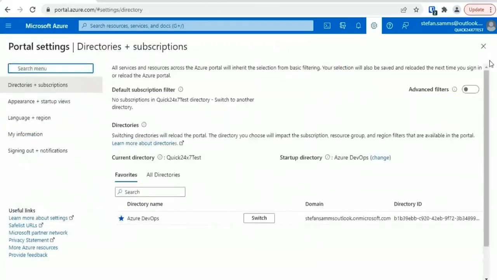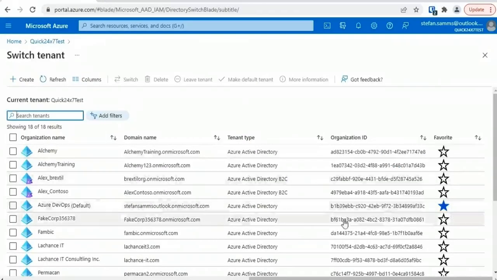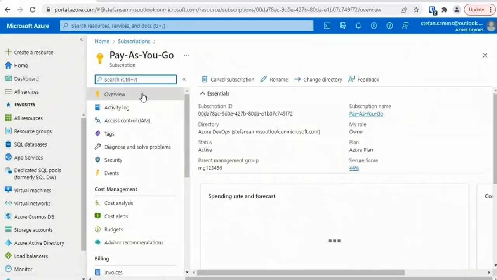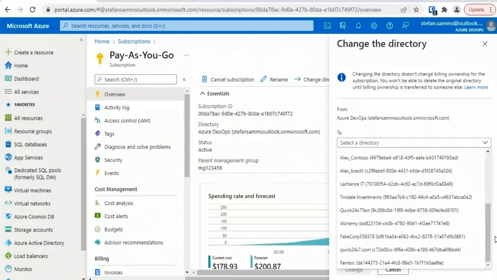But what's also interesting is that if I were to open up my left-hand navigator again and switch back to my default tenant, so I'm going to click Manage Tenants, my default tenant is shown here as Azure DevOps, so I'll select that and switch to it. Now, if I look at the subscriptions for this Azure AD tenant, I have a pay-as-you-go subscription, which I could click on, and in its properties in the overview blade, I have the option to change directory. Okay, so if I were to click on that from the drop-down list, I could choose quick 24x7 test, that's the new AD tenant we just made here in Azure,